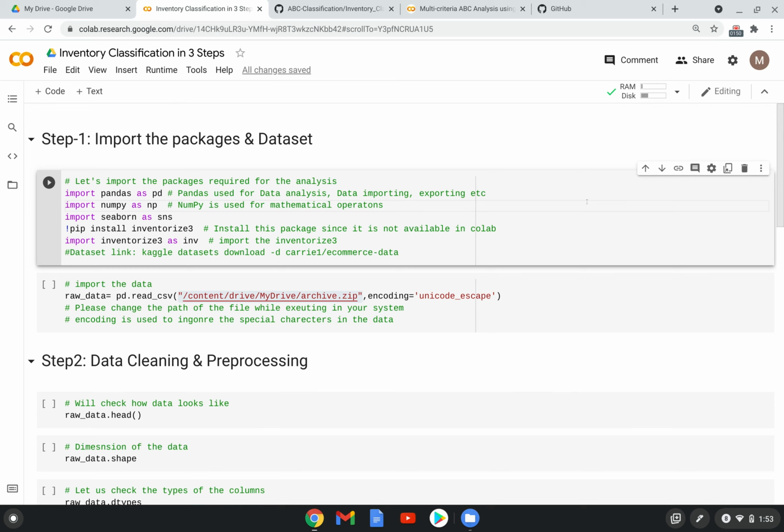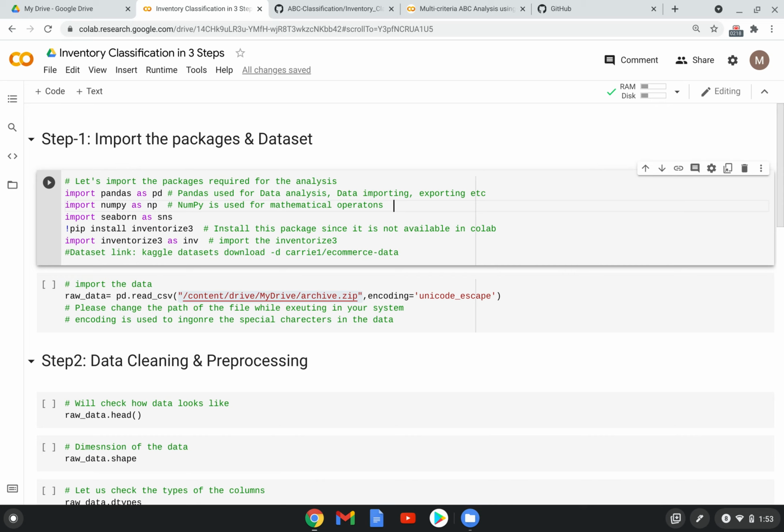I am assuming that you are aware of inventory classification theoretically, and also that you are familiar with Google Colab and a bit of Python. If not, please do watch Google Colab introductory videos, and then you need to have basic knowledge about Python.